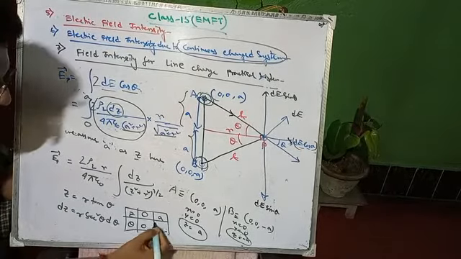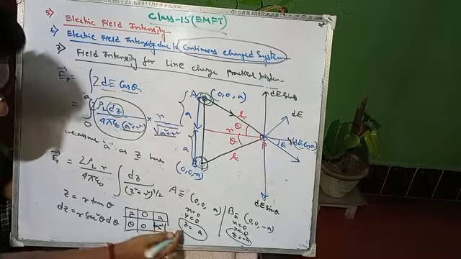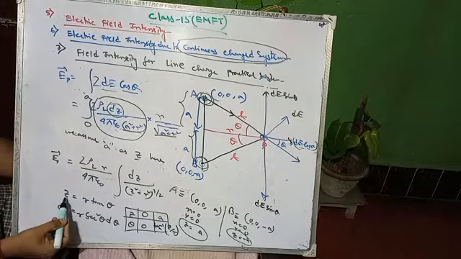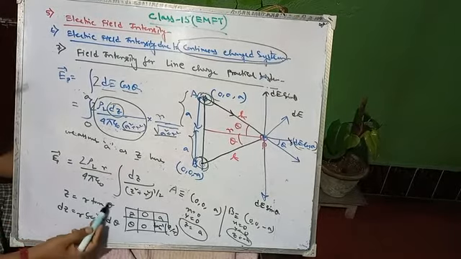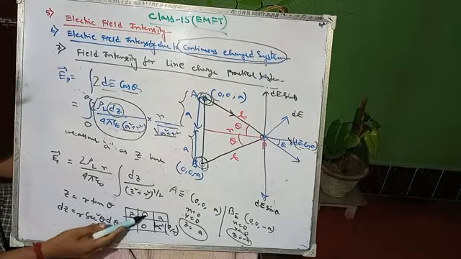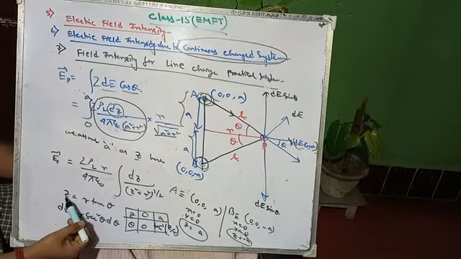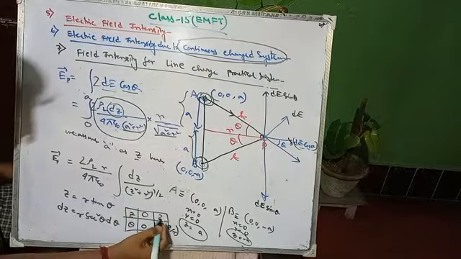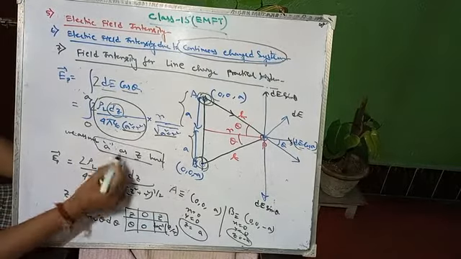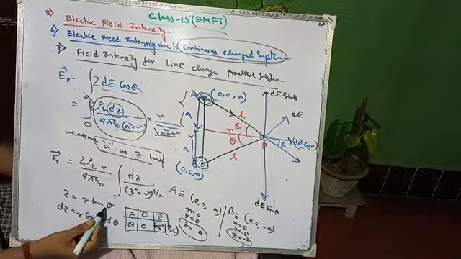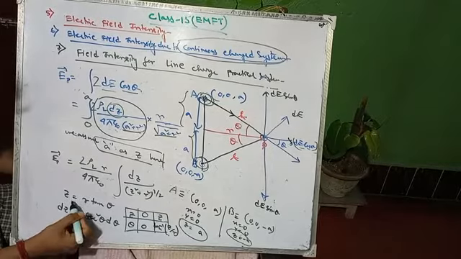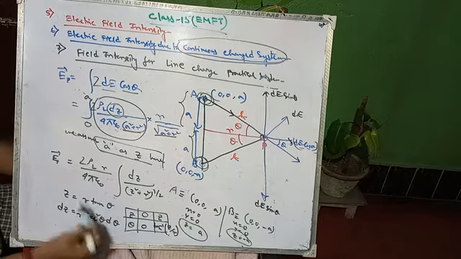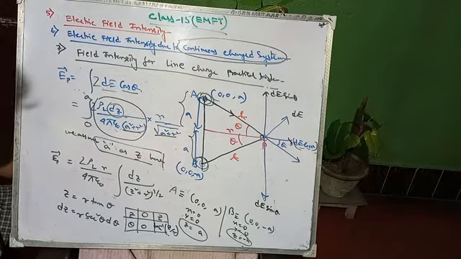Theta equals to 0, and here theta equals tan inverse z by r, right? If we put 0 over here, r can never be 0, so obviously theta should be 0. So for z equals to 0, theta is 0, and for z equals to a, we are taking a as z. So z means tan theta, so theta equals to tan inverse z by r. So what will be the integration now?